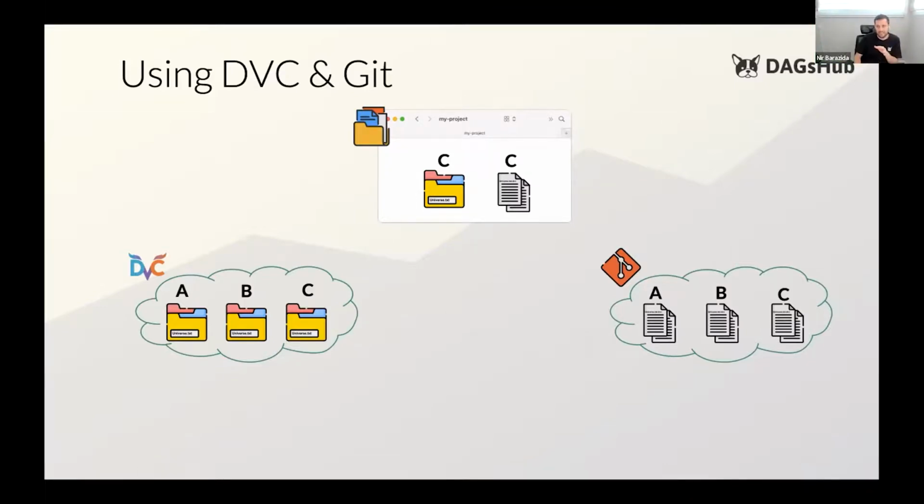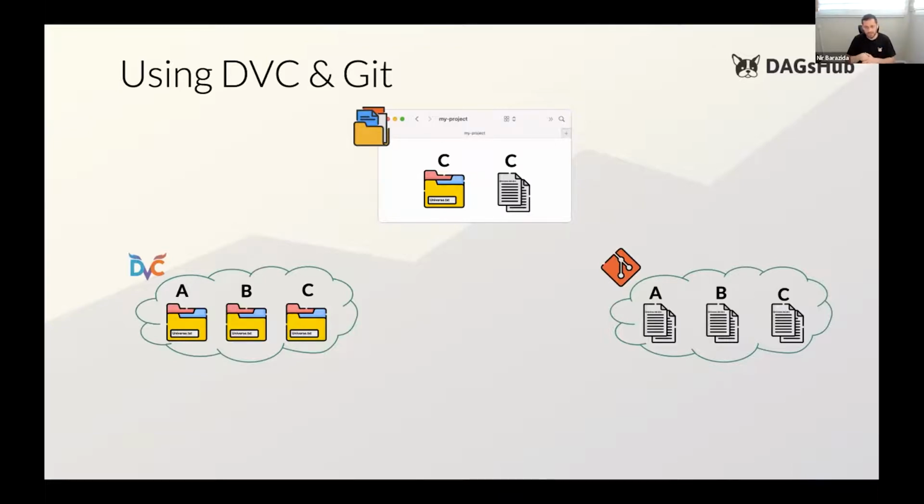Awesome, exactly that. So we are versioning the data file with DVC. DVC generates a new pointer file that points to version C of my data file. And then I'm gonna version the pointer file with Git. Okay, as simple as that. And now let's see why we have this pointer file and why we are versioning it